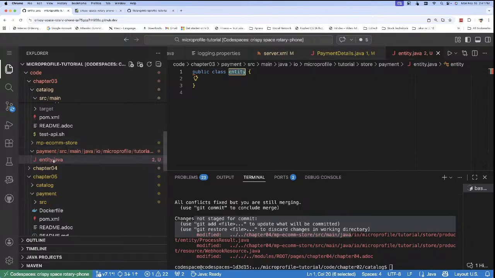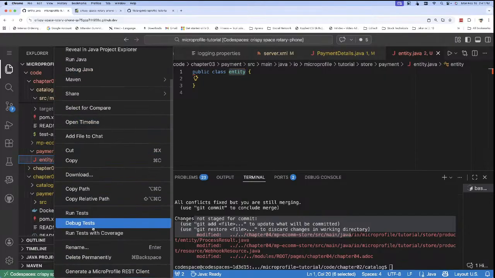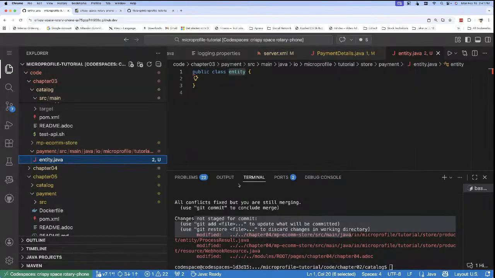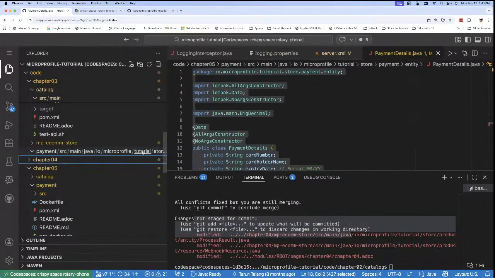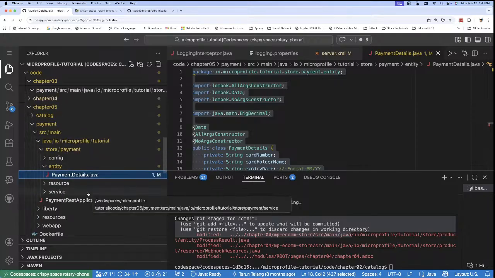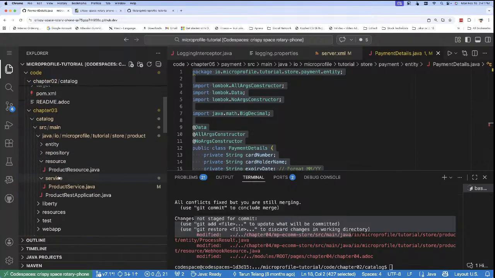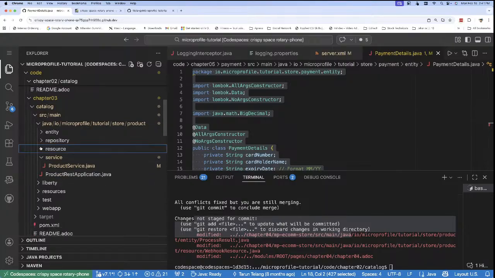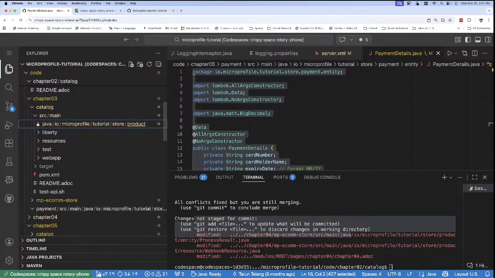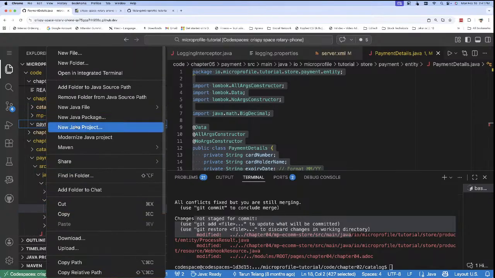So let me redo it again and just by mistake pressed enter. So that's why it came like that. Now let me create a new class within the payment of chapter 3. So within the payment, let's say new Java file